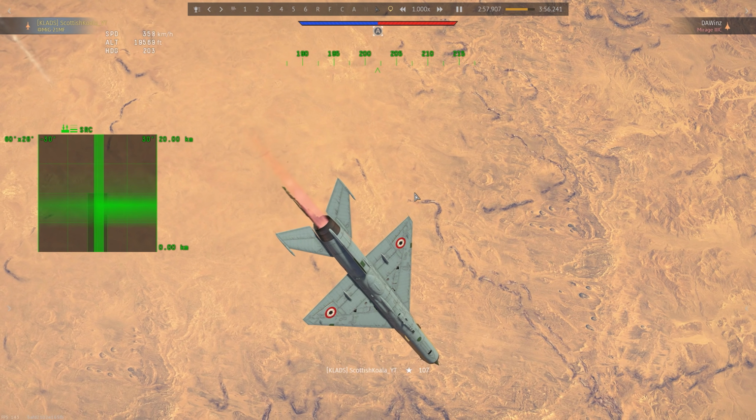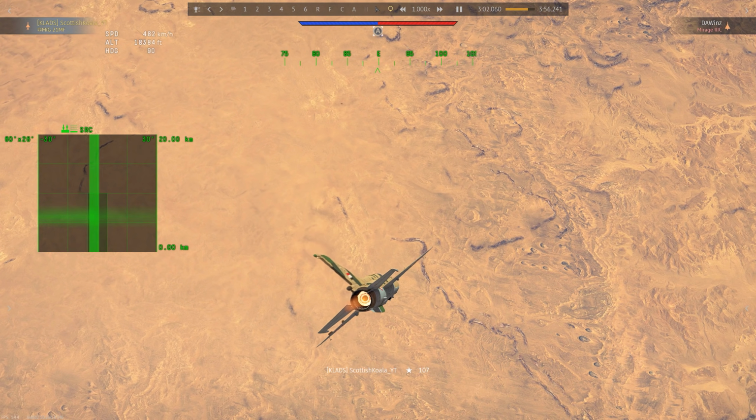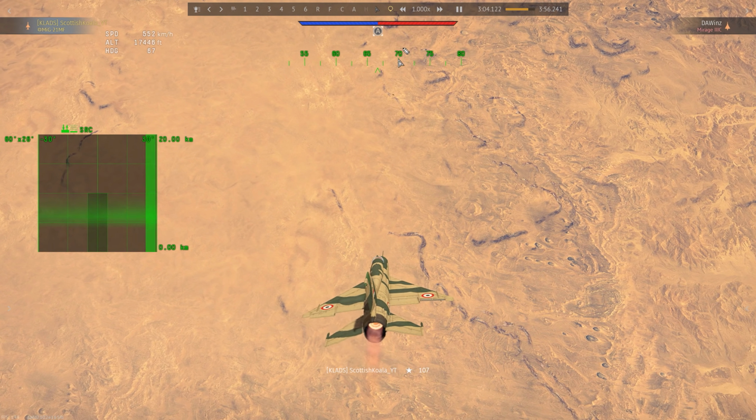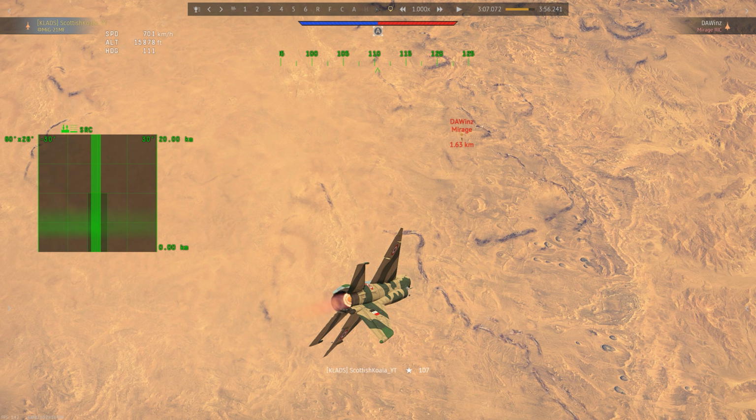And now with such a position over him, he's not able to do the same thing. He is trying it there. You can see him trying to cut that turn short as he sees that I'm coming down on top of him. He's going to try and pull that turn around instead of just continuing to dive down and let me get on his 6,